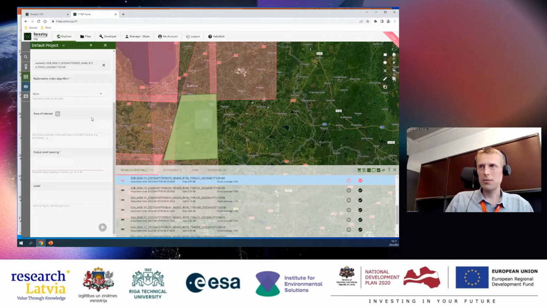And now you have two options. When you have created the polygon, you can either click this copy polygon on clipboard and then paste it on the area of interest. Or you can directly click, after the area of interest parameter, this copy from map button where my cursor is now.